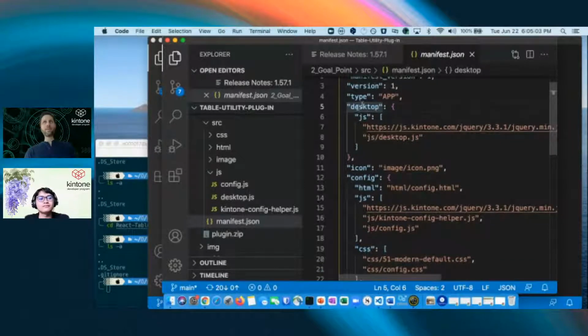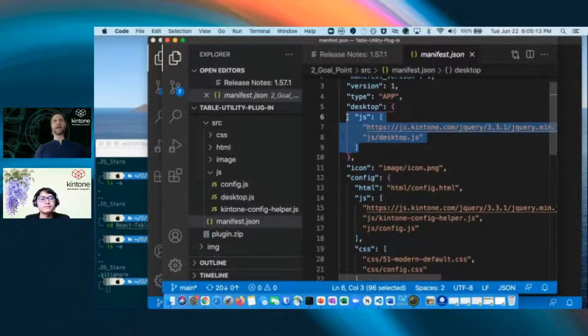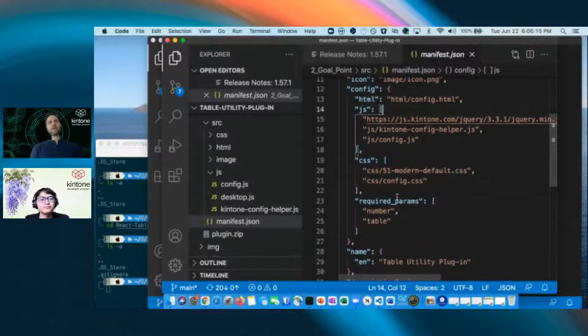So that's desktop. You may also see mobile. We don't have mobile specific code right now, so it's just JavaScript. But we're going to focus today on, well,